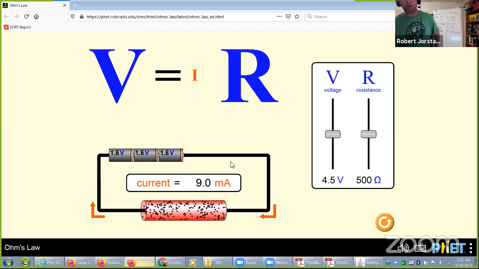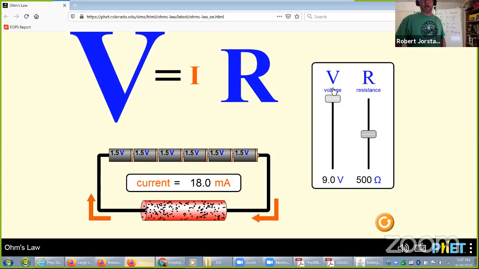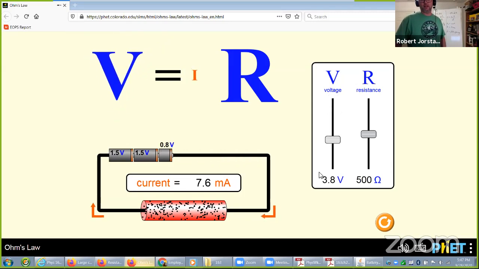All right, so here's Ohm's law. So now we're kind of getting closer and closer to circuits here. So in this case, obviously, the more voltage you apply, the more current you get, right? Similarly, if we lower the resistance,